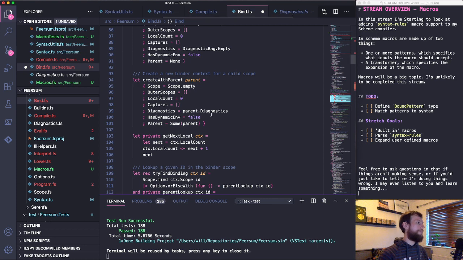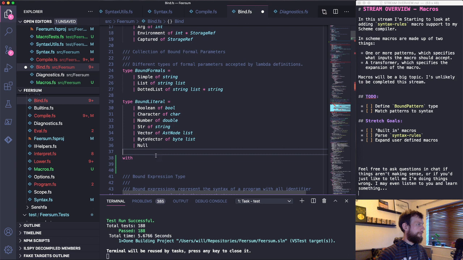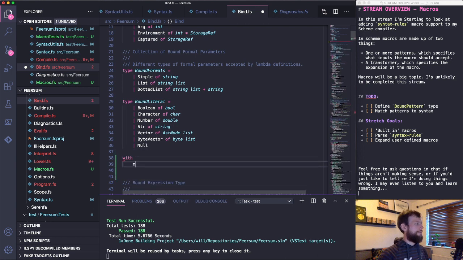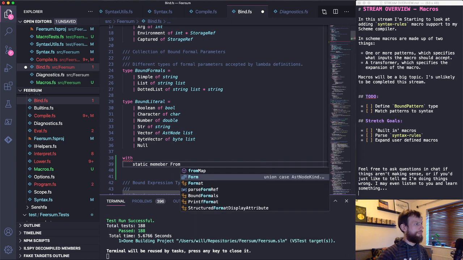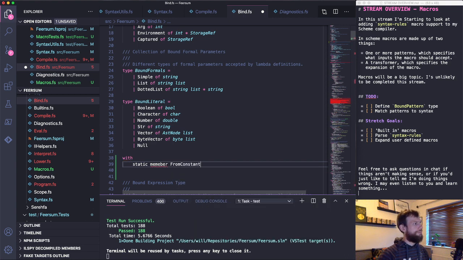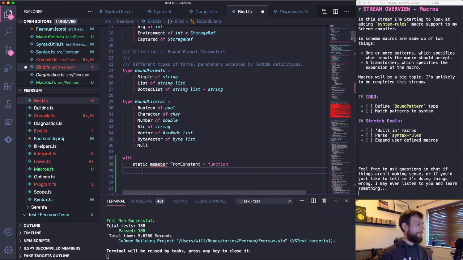So bound literal is going to have a static member from constant C, and it's actually going to be a function that takes